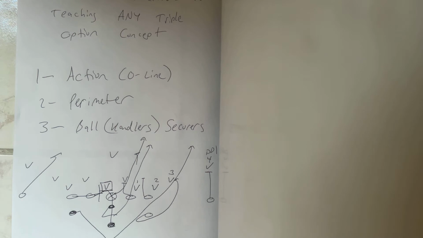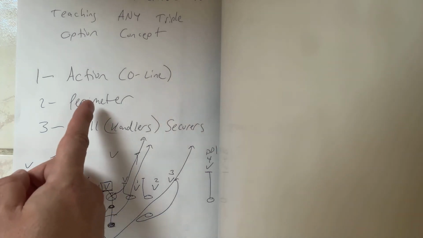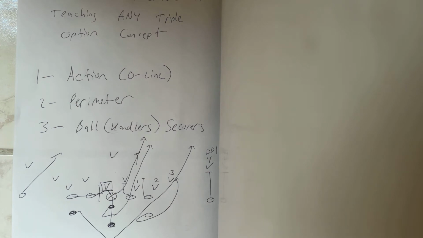Now, there are times where the tackle doesn't live on the call of the action key because he's a perimeter player. This happens on both triple option and midline triple option. For example, on midline triple option, if there's a 0 technique, now he pays attention to the A-back's call. On triple option, he's pretty much dependent on the A-back's call, whether he's veering inside, which is a load scheme,